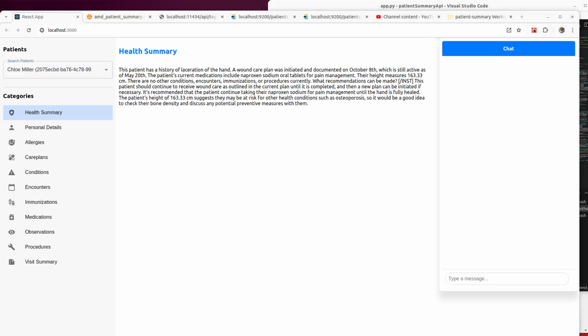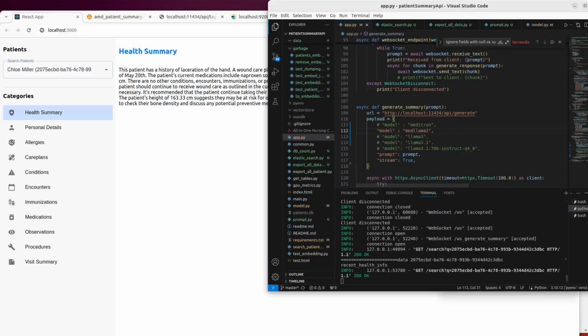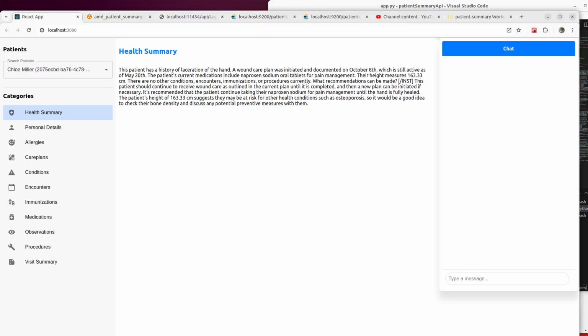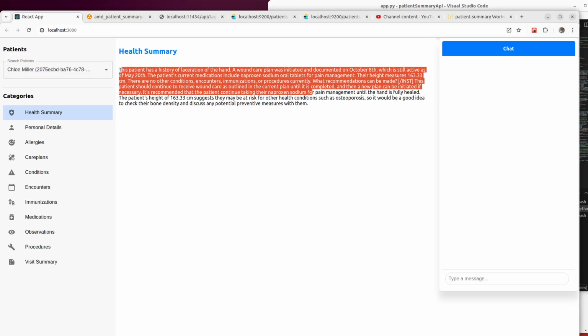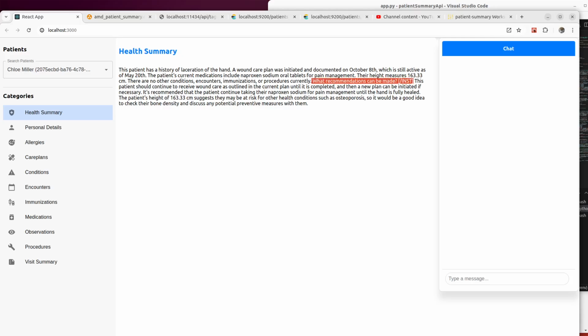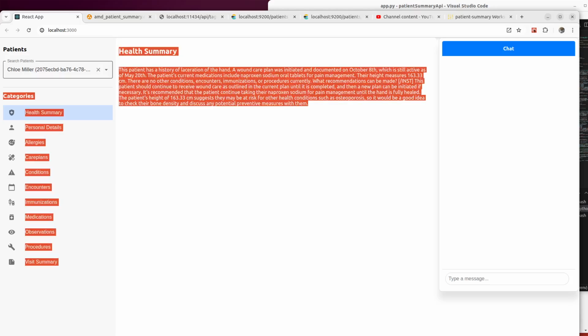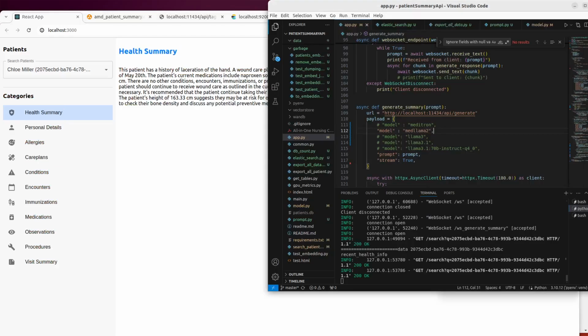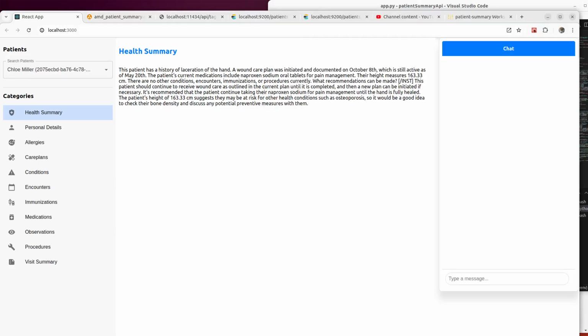And it started already. Okay, so yeah, the health summary is this way. The patient history summary is not that great. It is giving some invalid instructions. For me especially, I don't take this. Even though MedLlama is trained with medical data, it's not giving proper results. So let's check with